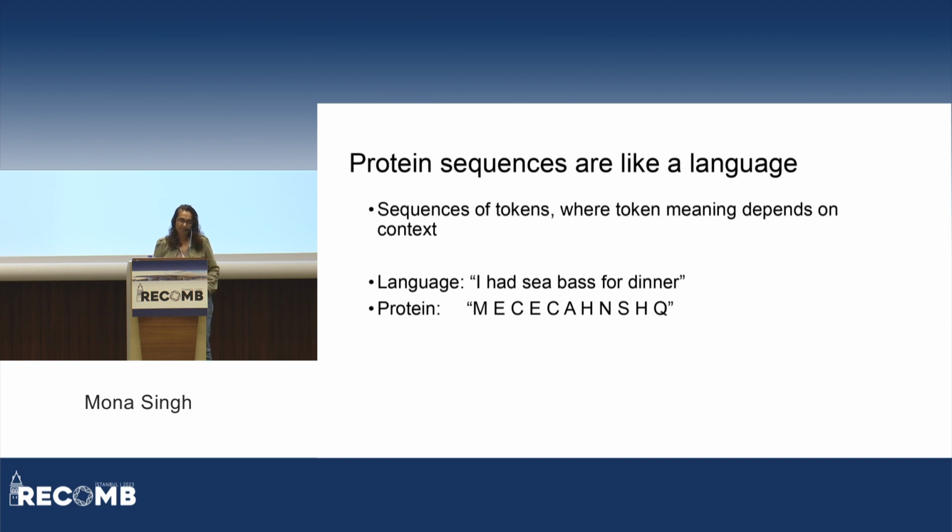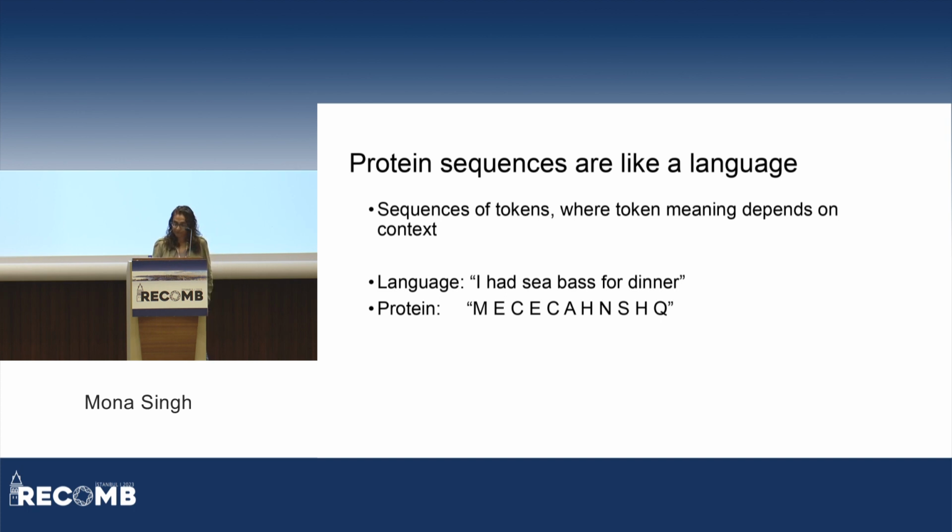So you can think of a protein as a sequence of tokens, where each token, in this case an amino acid, has a meaning that depends on the context. So in language, you might have, "I had sea bass for dinner," where you know bass is a fish and not bass the instrument, and you know that because of the context of the sequence. Similarly, you have your protein sequence, where each token is an amino acid, and you'd like to look at the histidine there and say something about the meaning of that histidine based on the